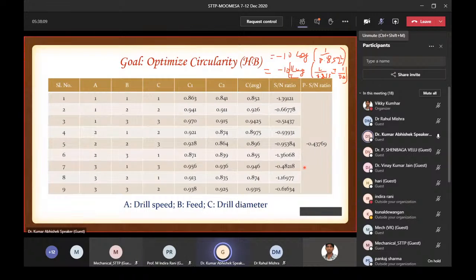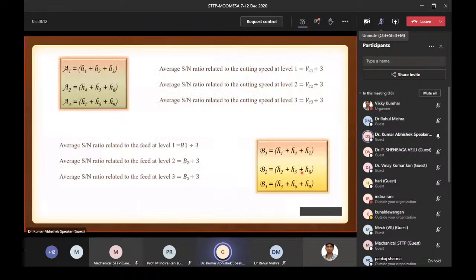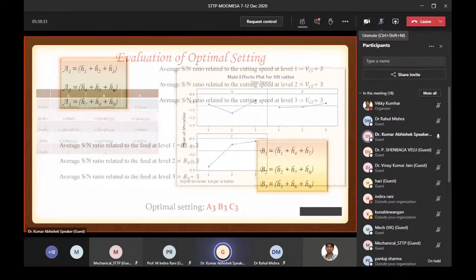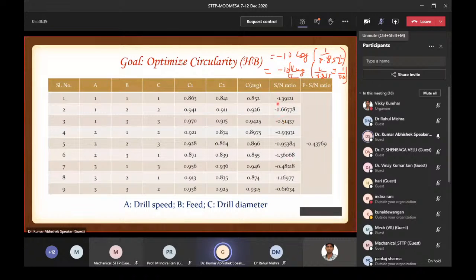प्रेडिक्टेड एसएन रेशियो जो है, आपने क्या किया, आपकी जो भी ऑप्टिमल कॉम्बिनेशन आ रही है, जैसे A3, B3, C3 आई, तो आपने A3 का मीन जो है, जो आपने मीन रिस्पांस टेबल में बनाया, और B3 का और C3 का। सपोज करो यहाँ A3, B2, C3 रहता तो आप यहाँ पे B3 का मीन नहीं, B2 का मीन लेते। ठीक है, और माइनस 2x बार, दैट इज द x बार इज नथिंग, इट इज द मीन ऑफ दिस कंप्यूटेड एसएन रेशियो। ये सारे का जो आपने मीन निकाला, दैट गिव्स द एक्स बार।